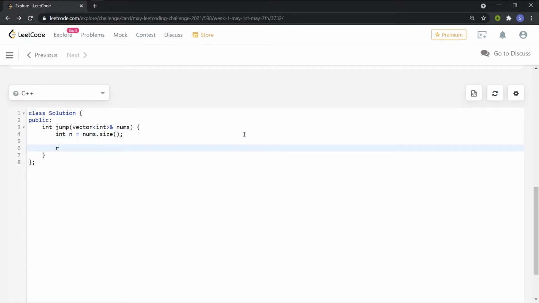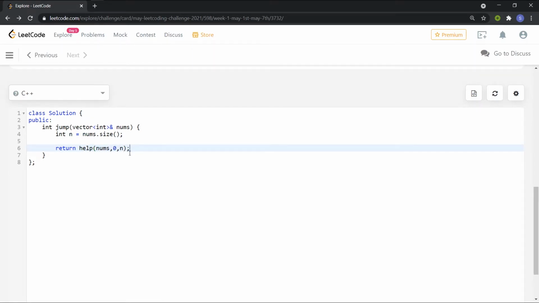And what I'll be doing is that I'll be returning, and I'm defining my recursive function as help. What I'll be sending to it is an array. I'll be sending the nums array, and also the starting index. It has been given that we are starting at index 0, so I'm sending the value 0. This is telling me at which position I will be when the function is called. And I'm also passing n, that is the length of the array.